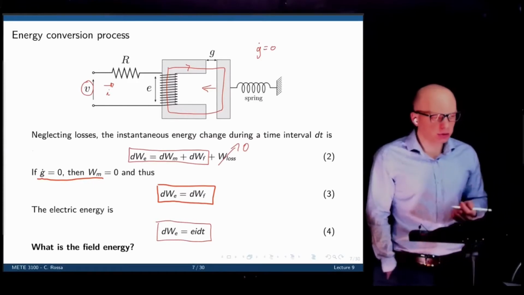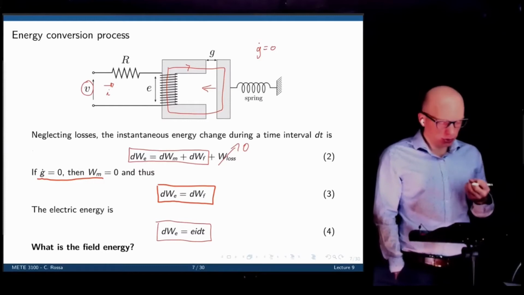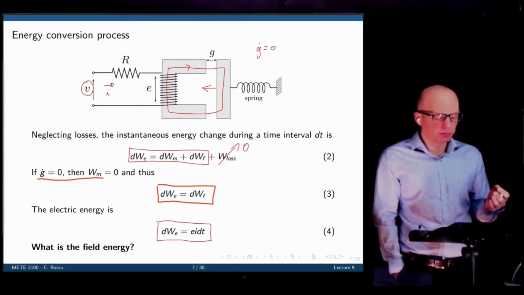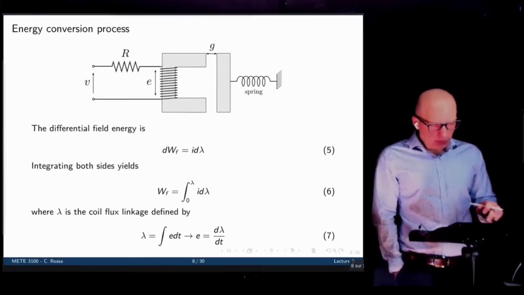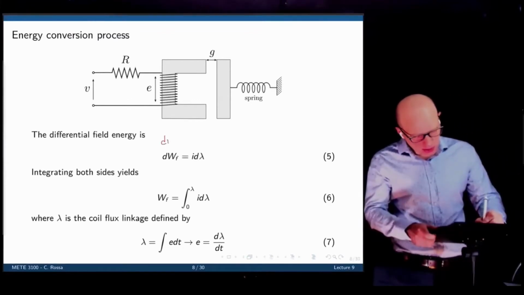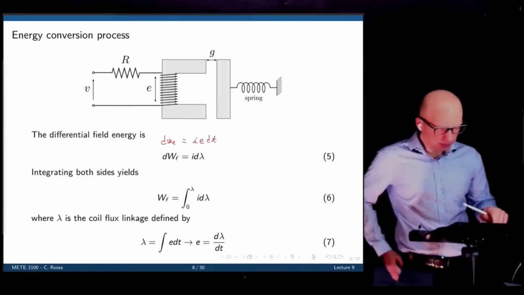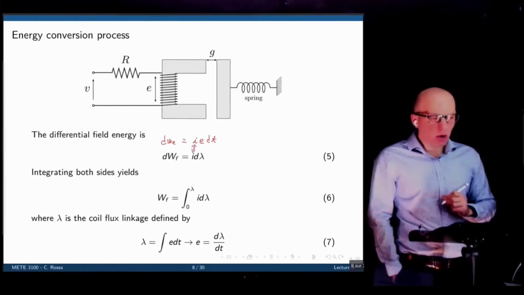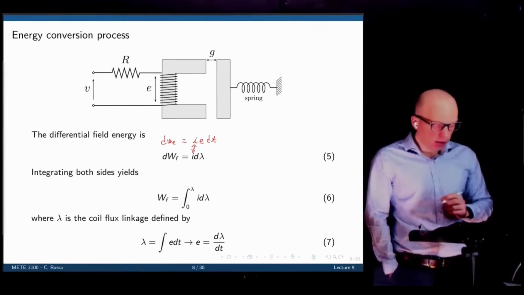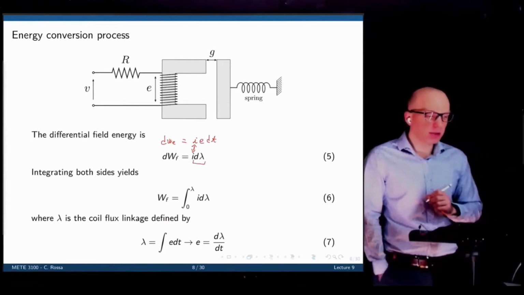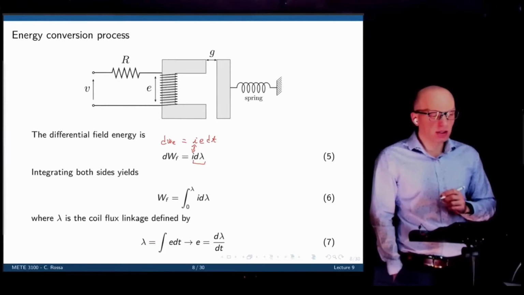What is the field energy? What is the magnetic energy stored in the core? That's the question we're going to answer next. From equation 4, I don't think there's anything new here. Considering again the same solenoid, in the same way we defined the electric energy as I E dt, I remains the same, but now our variation in the voltage is simply d lambda, and you remember lambda is the flux linkage